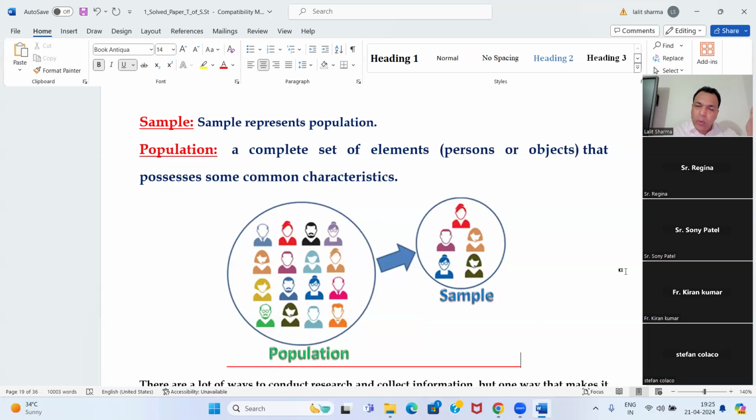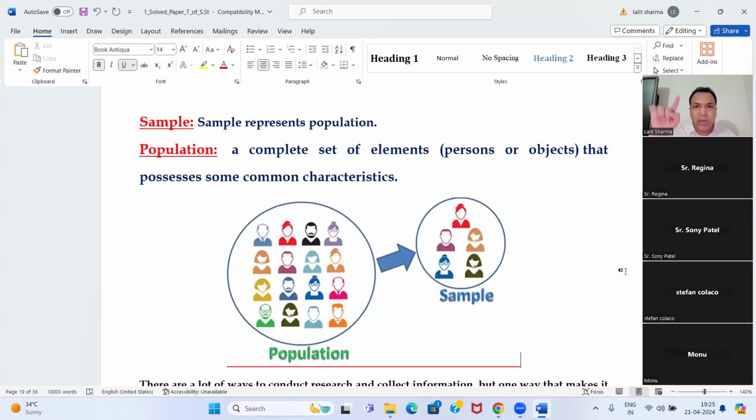Okay, randomly. For example, out of 100 schools, you take every 10th school. First you write all the 100 schools, 1, 2, 3, 4, 5, 6, 7, 8, 9, 10, up to 100. Right? You are not biased. You just take the list from the internet and you write the 100 schools, and you take every 10th school. You don't know now which school would come. So 10 into 10, 10 schools you have taken. These 10 schools represent the population. Now you got it? And these 10 schools are called the sample. These 10 schools are the sample that represents the 100 schools.